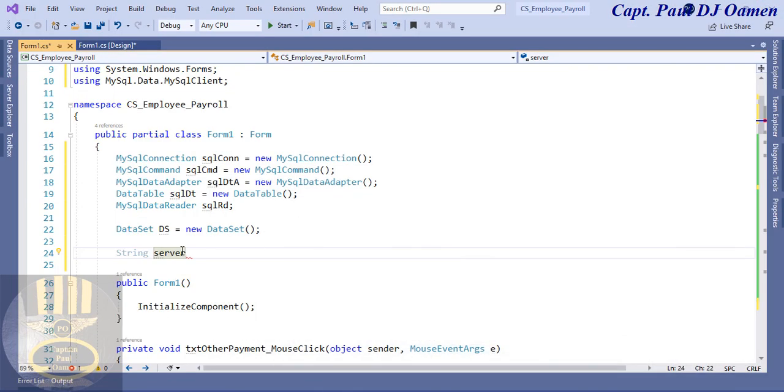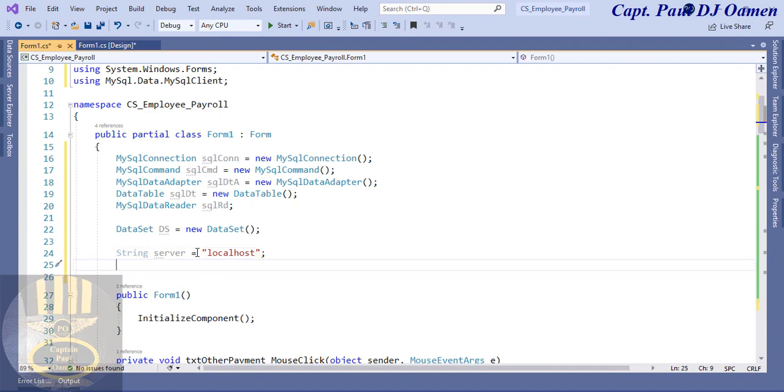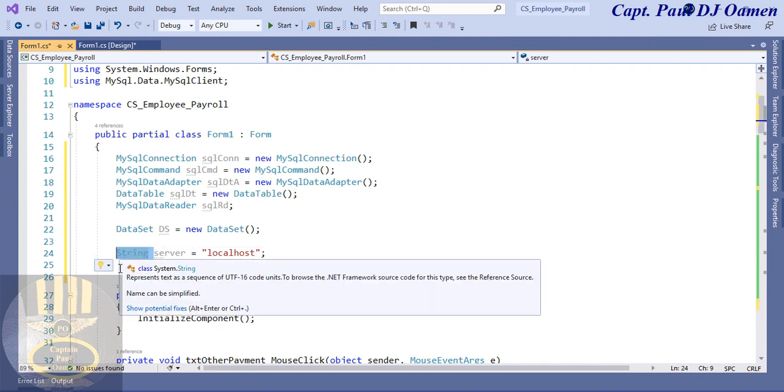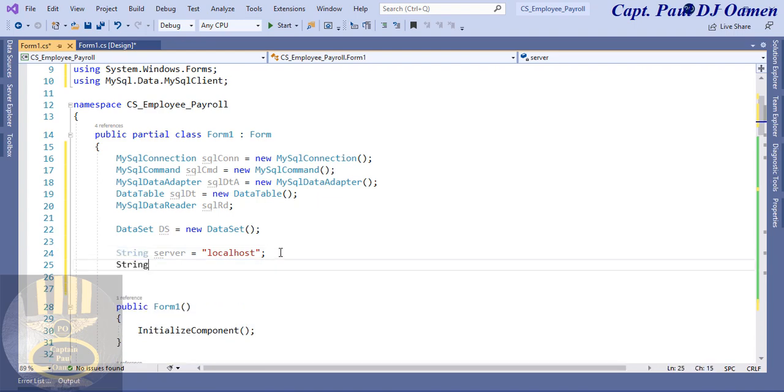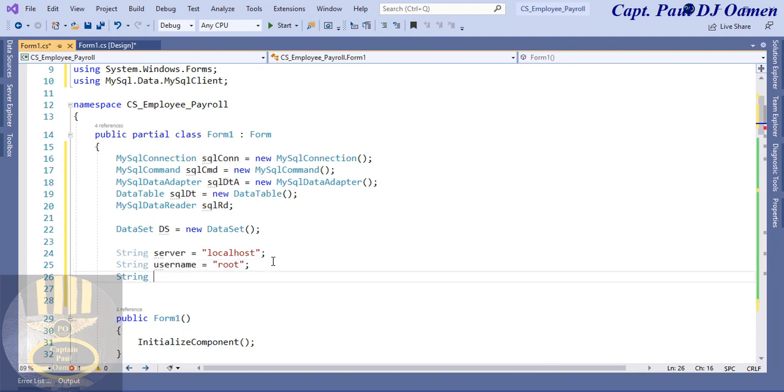So I'm going to say string server equals localhost, and the next one is going to be string username equals root, followed by string password equals